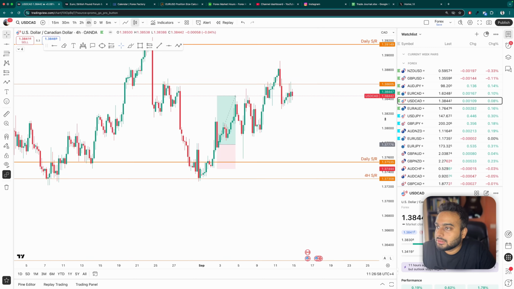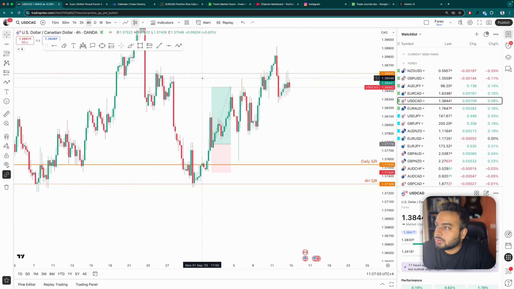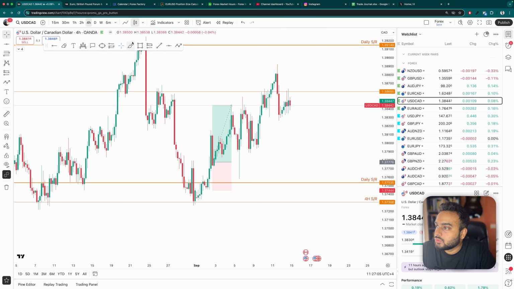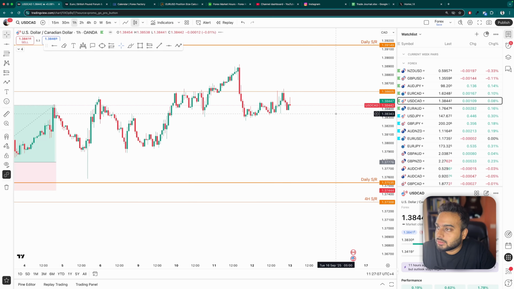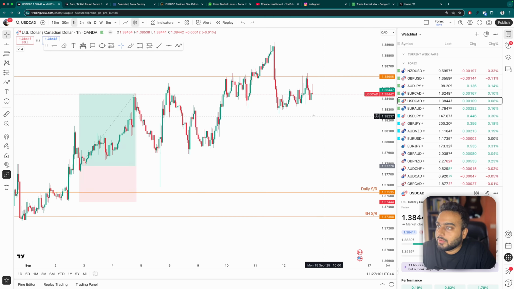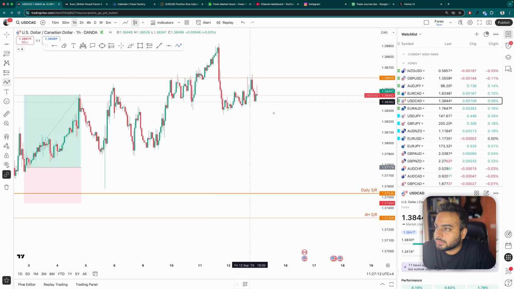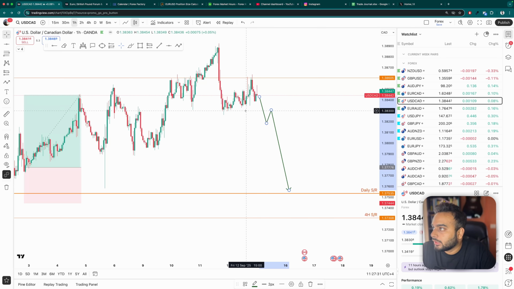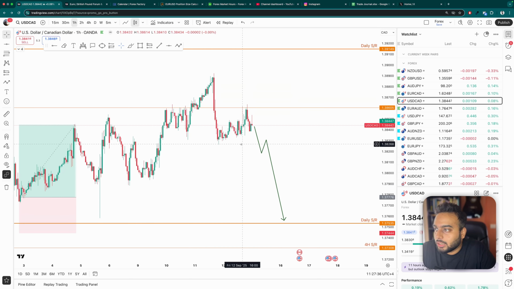So what we want price to do is either do this, retest, and then go down. So this would be an area to sell, but I want close of bodies on a time frame like 1 hour on this, and then I also want